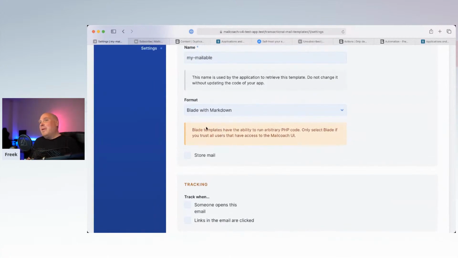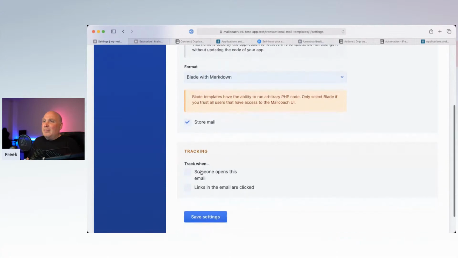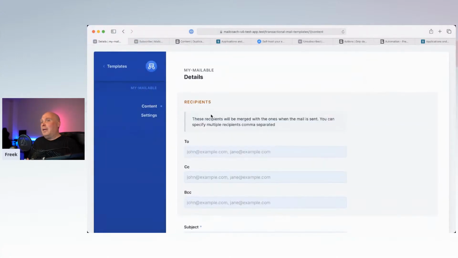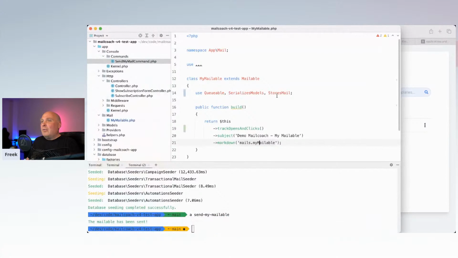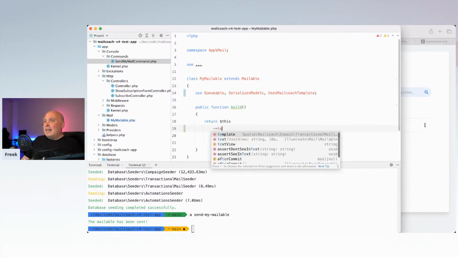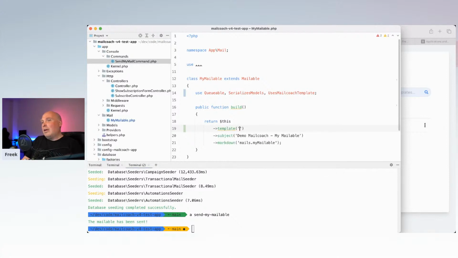But if you have good people on your team, you can use it, and you can set in the mailable template that every mail that uses this template should be stored, and we will use tracking of that as well. Now, how can you let your mail use that template? Well, it's very simple. Instead of the stores mail trait, you can use the UsesMailcoachTemplate trait. And instead of the track opens and clicks here, you can call template,